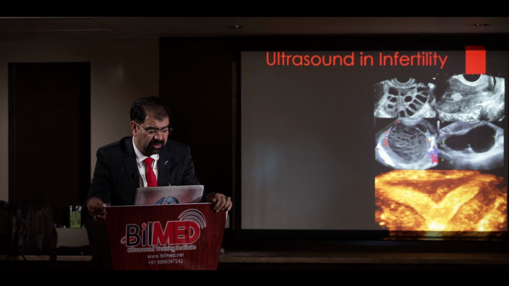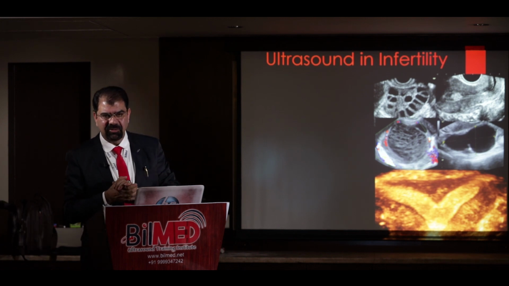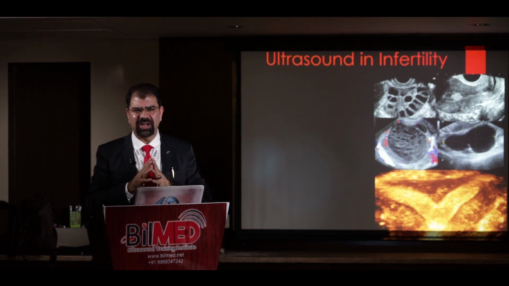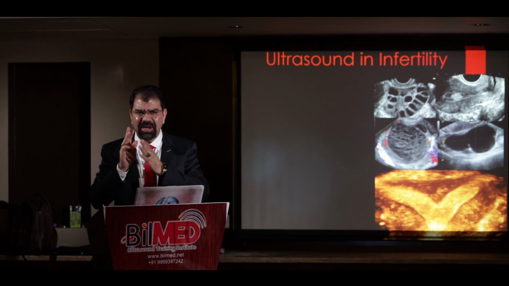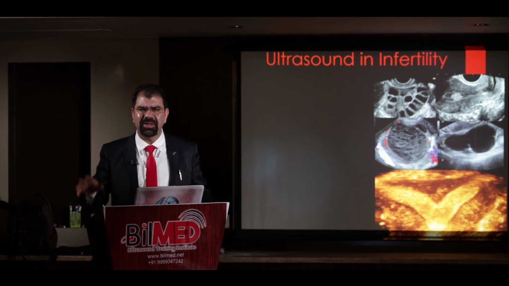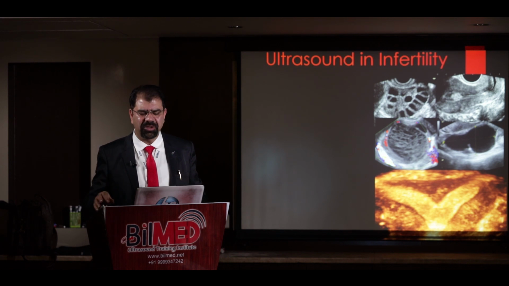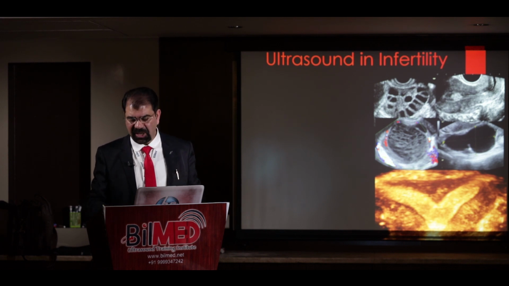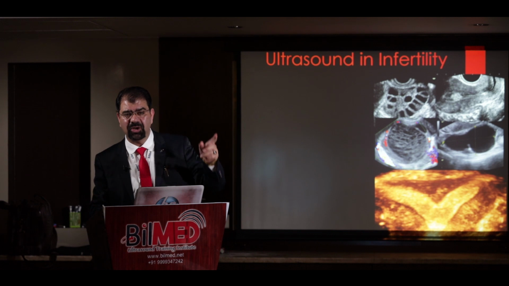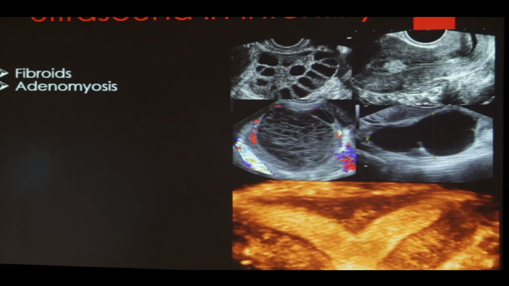So, this session is about the ultrasound in infertility. What I have to see in an infertility scan, whatever we have discussed in the pelvic scan: maybe there is a congenital abnormality, maybe there is a didelphys uterus, maybe there is a bicornuate uterus, maybe there is a fibroid and that fibroid is compressing onto the endometrium, and maybe there is adenomyosis,